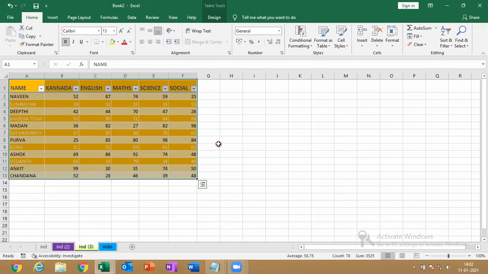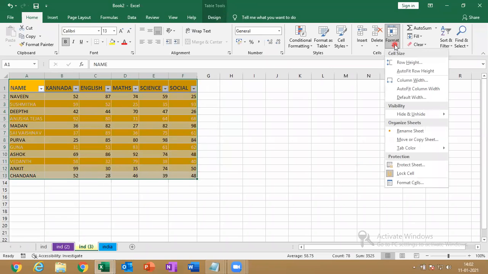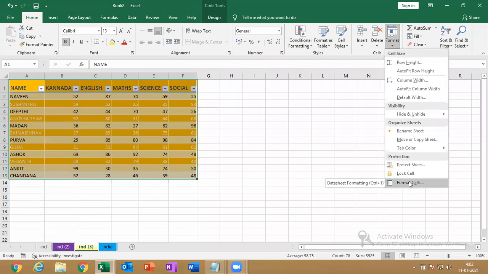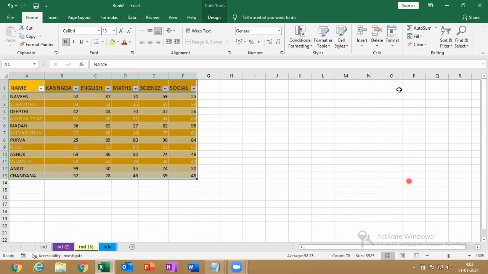Just select this much area, format, go for lock cells. But before that, if I do lock cells also, it will not be locked. I'll tell you why. First, you have to go for the format cells option, the last option.